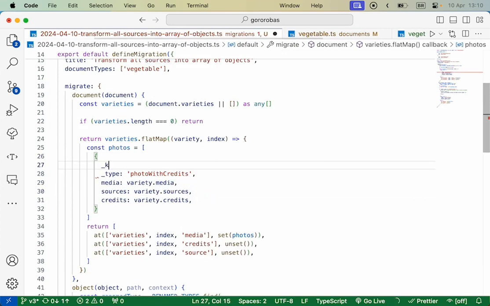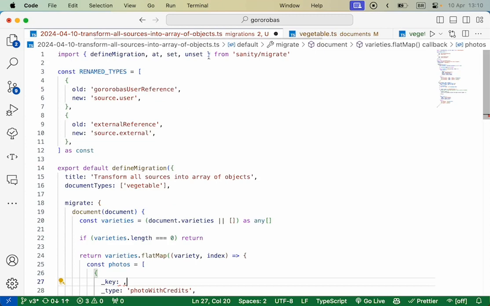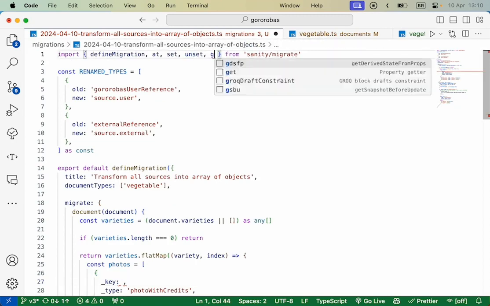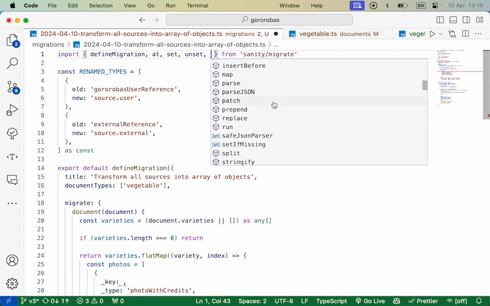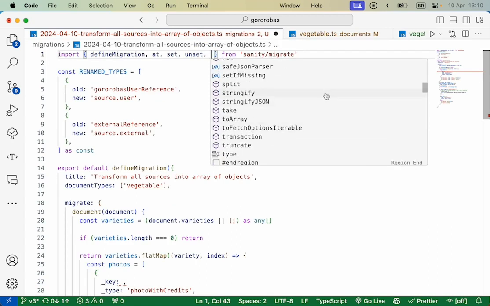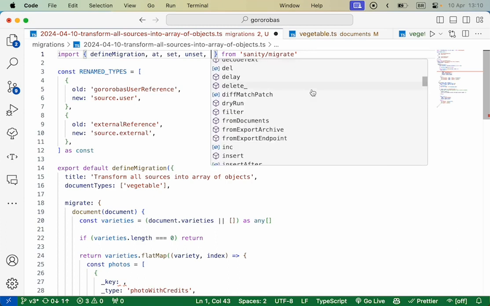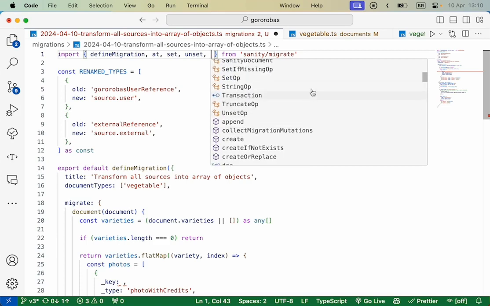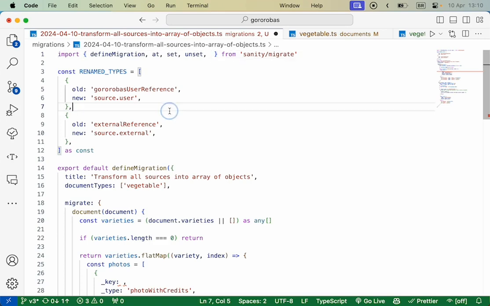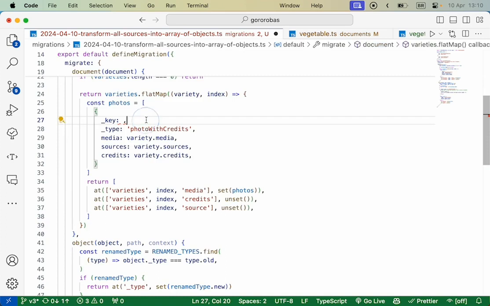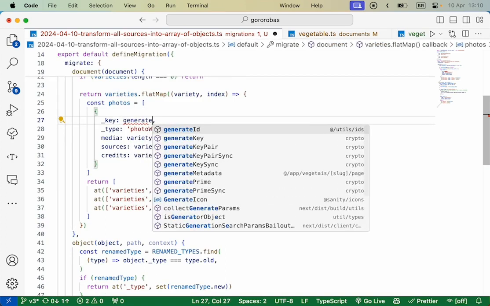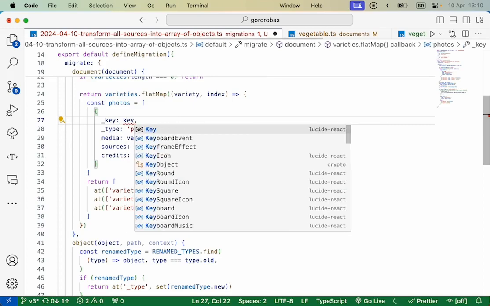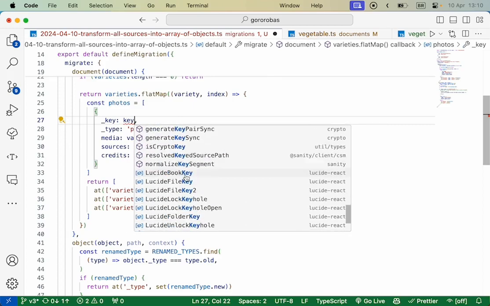And also, of course, we need a key, which I'm not sure if sanity migrate has a function for that. So in this case, I could either do it myself, because I do think sanity has a generate key, not sure, perhaps it does not.